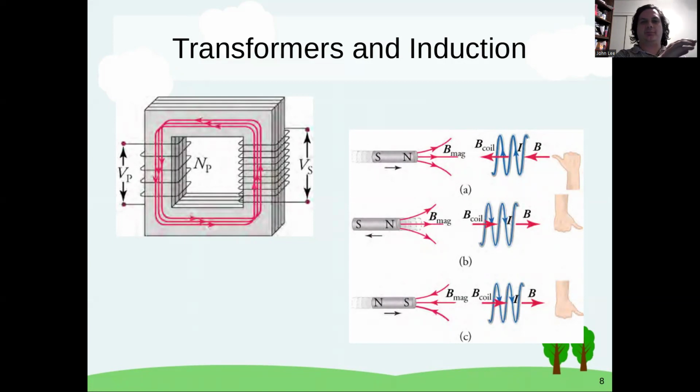So if you have the north side of the magnetic field coming towards there, so that there's a greater magnetic field pointing to the right, as you see in demonstration A,